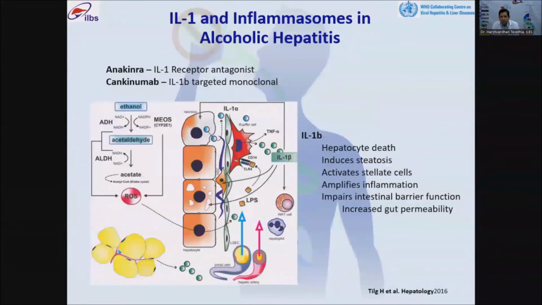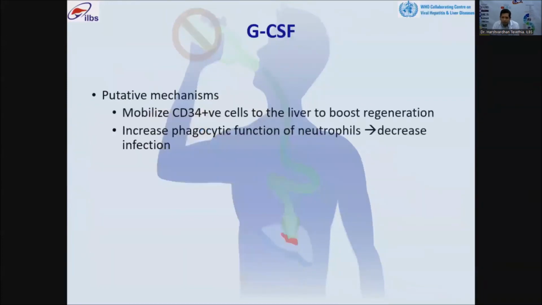Then there was interleukin 1, and interleukin 1 has two common drugs, which are anakinra as well as IL-1 antibodies. The reason behind it is when you block the IL-1, you also cause an increase in hepatocyte death, you cause steatosis, you activate the stellate cell, as well as you decrease the inflammation, thereby limiting the inflammatory barrier, which is